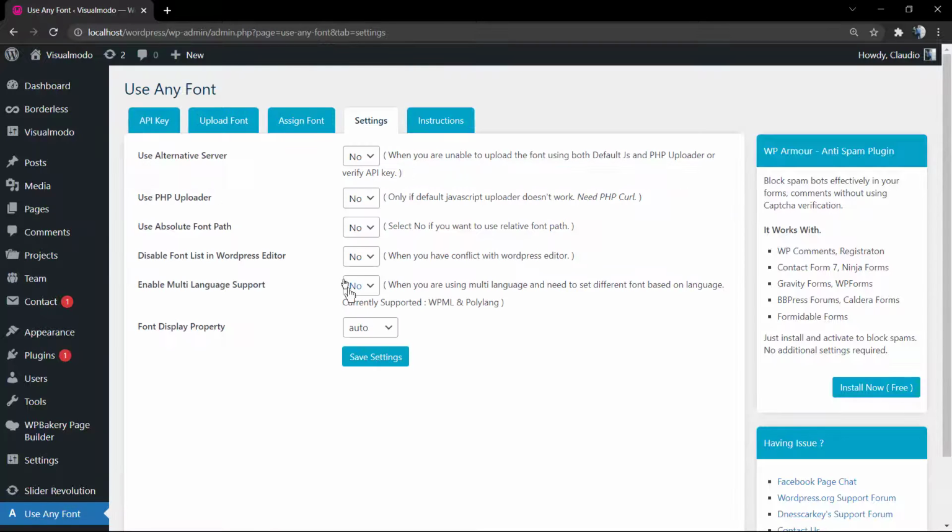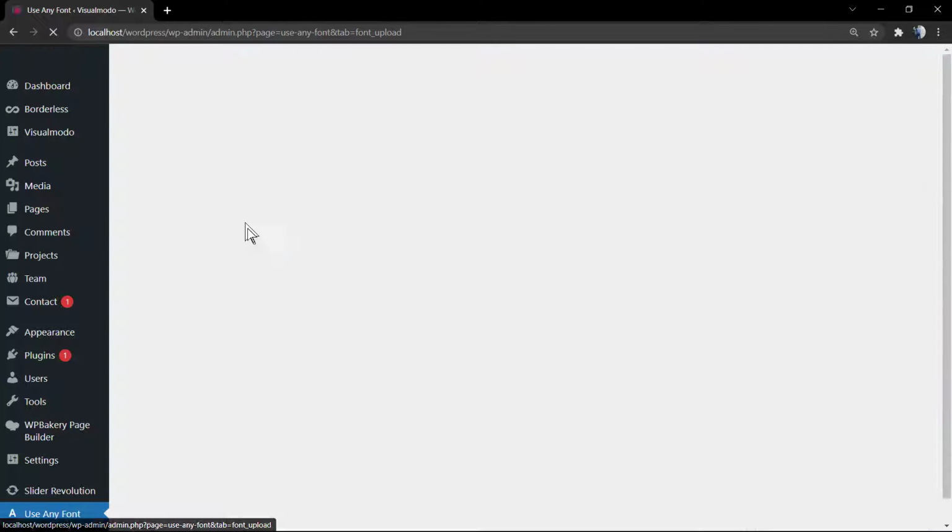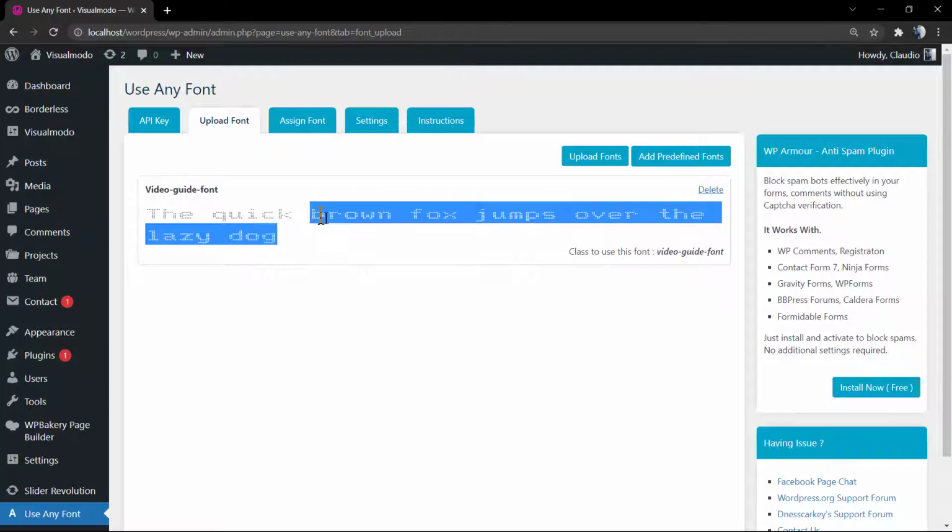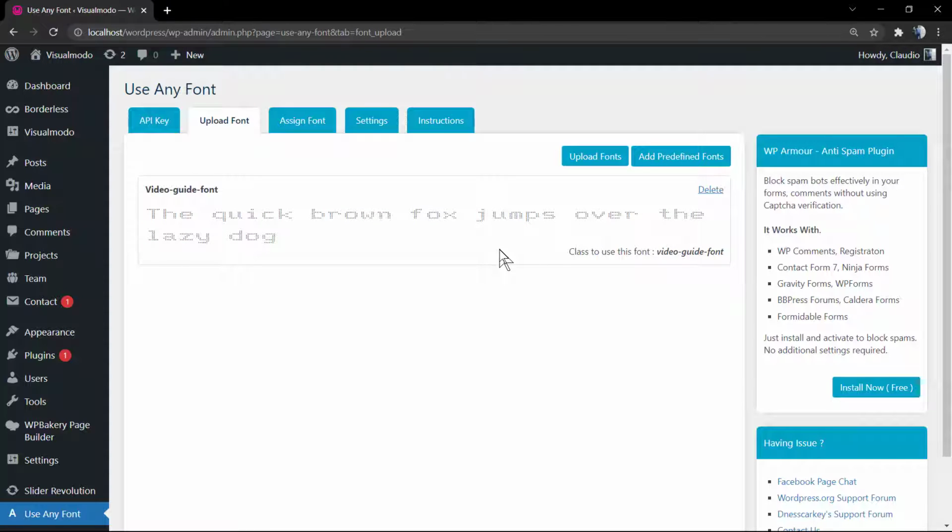Now we're gonna be assigning the font to the proper elements. We did learn how to upload the custom font, how to download and where to download, how to install this plugin, get the API key and do the settings. Now we're gonna move to this tab that is the most important one and the final part of our series,